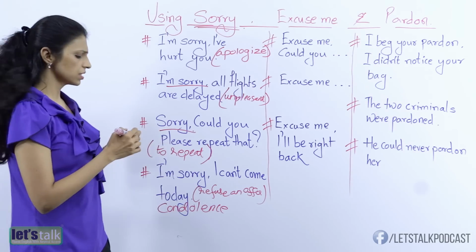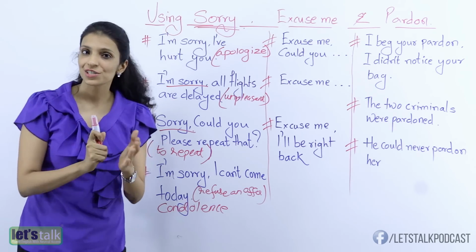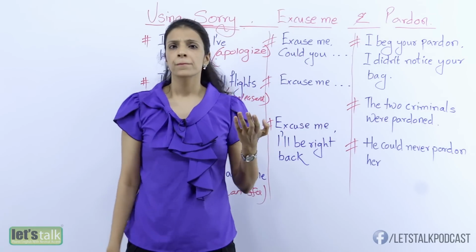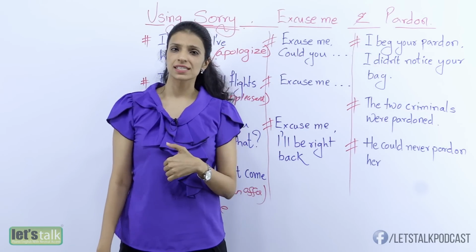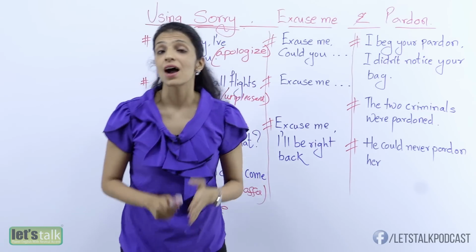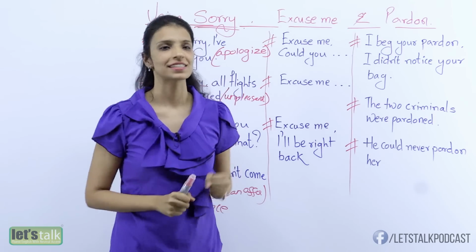So yes, friends, we do use sorry when you want to give condolence to someone. Fine. So remember, these are the basic uses of sorry. Please go ahead and use them when you need to. Now let's come to excuse me. So if you notice in the beginning of the lesson, I said, excuse me. Now why did I say excuse me? Because I wanted to grab your attention, okay, and make sure you focus on this lesson.